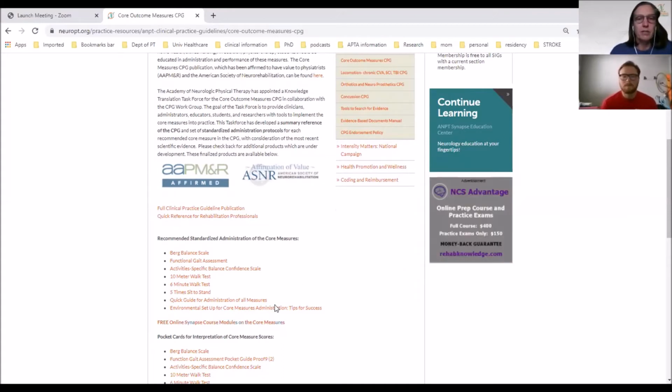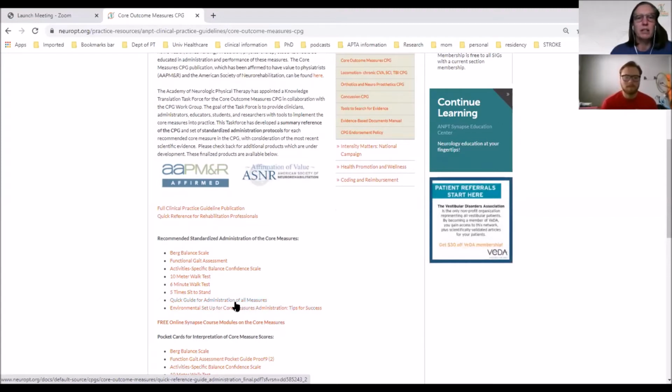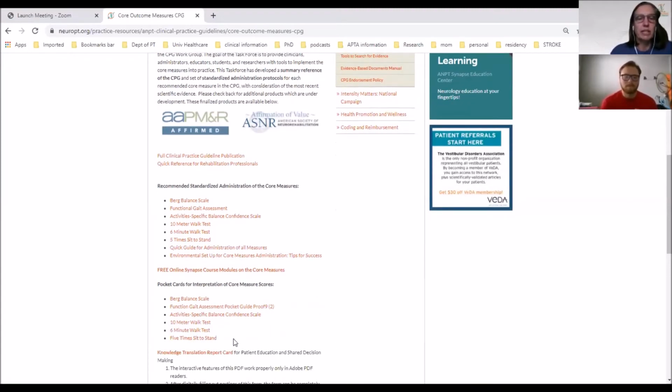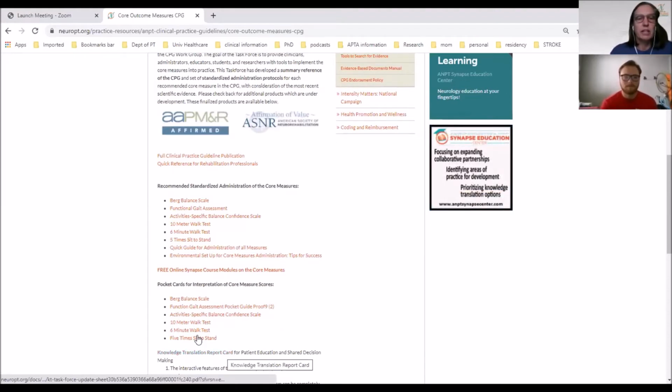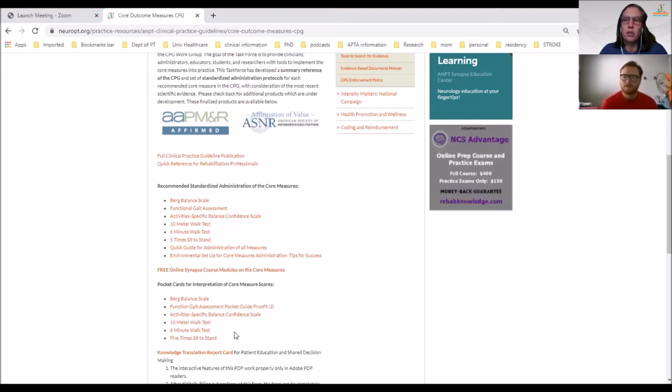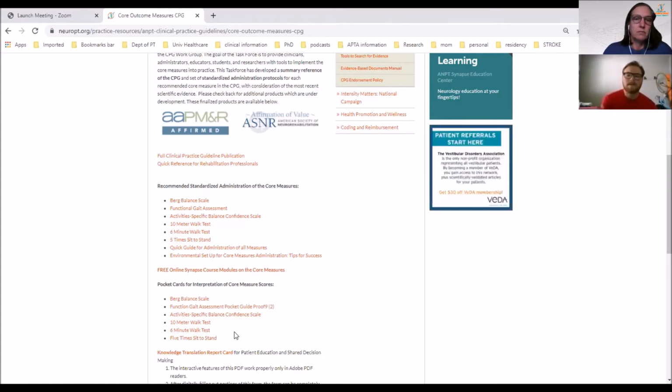They also have environmental setups and a quick guide for administration. You could just have your pocket card there, quick references, and then eventually we can get into the knowledge translation report card. So here are the measures. Are there any of these today that you might want to clarify how you might do them with this individual? The one that sticks out to me is the 5 times sit to stand,